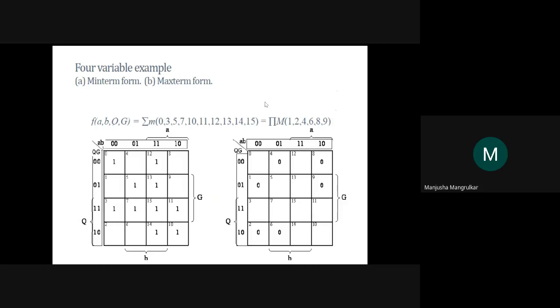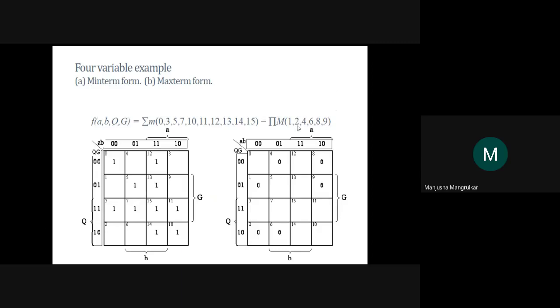Now here, if it is given, this is the max term, this is the min term. Small m is considered a min term, and it is related to the 1, right? This is capital M, it is a max term. So max term means what? It is a 0. So we need to consider all the 0 terms, and all the sum terms are product. You will get the sum terms, and all sum terms have to be a product. Here you have to consider the 0.